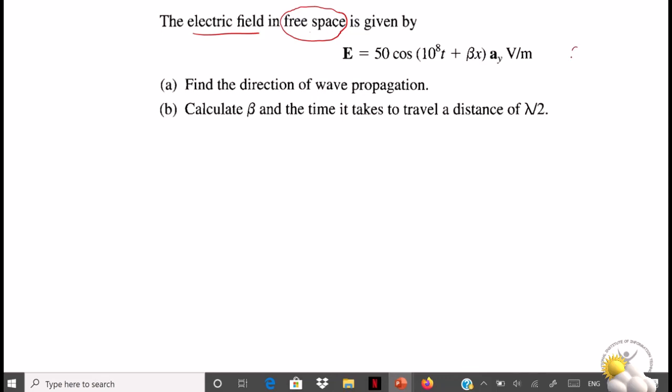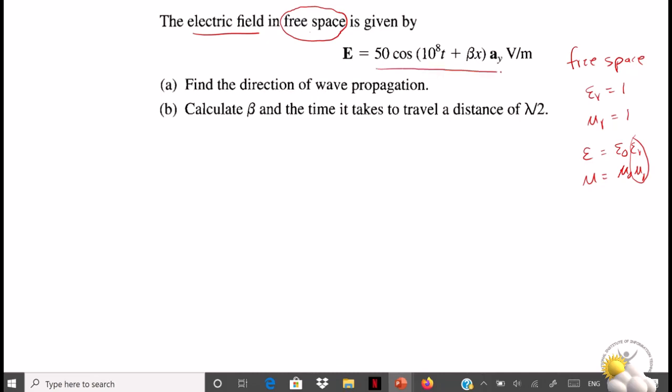So free space parameters are defined like this. Epsilon r means the relative permittivity and mu r the relative permeability, which are taken as one. Epsilon is nothing but epsilon naught into epsilon r, and mu is equal to mu naught into mu r. So if I take these two as one, then epsilon is simply equal to epsilon naught and mu is equal to mu naught. So here if you see, an electric field is given